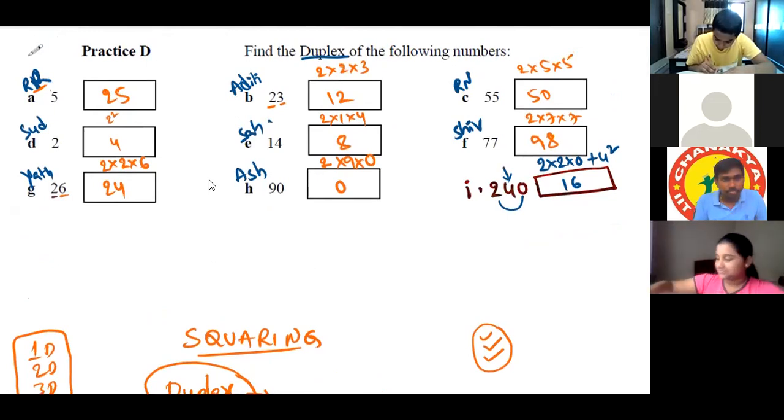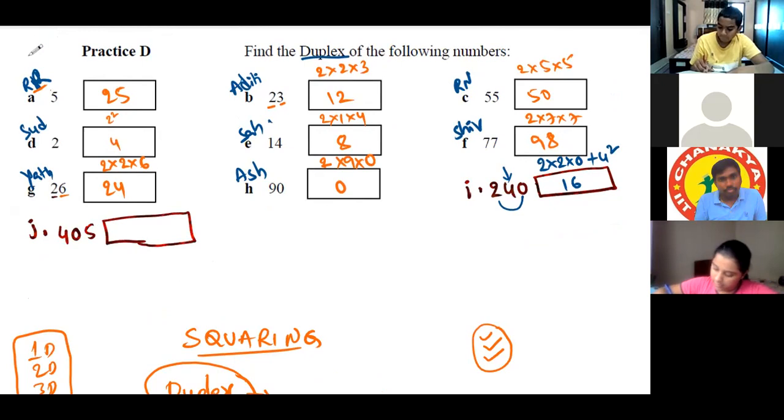Yes, sir. HI is over. And then 46? Sudisha, ready? Yes, sir. 405. Or can you give a different question, sir? Sudisha, tell your answer. Yes, sir. Sir, the procedure is 2 into 4 into 5. Sir, the answer is going to be plus 0 square. Overall it is the same, sir, without 0 and with. Sir, the answer is 40. 40. Correct. Very good.